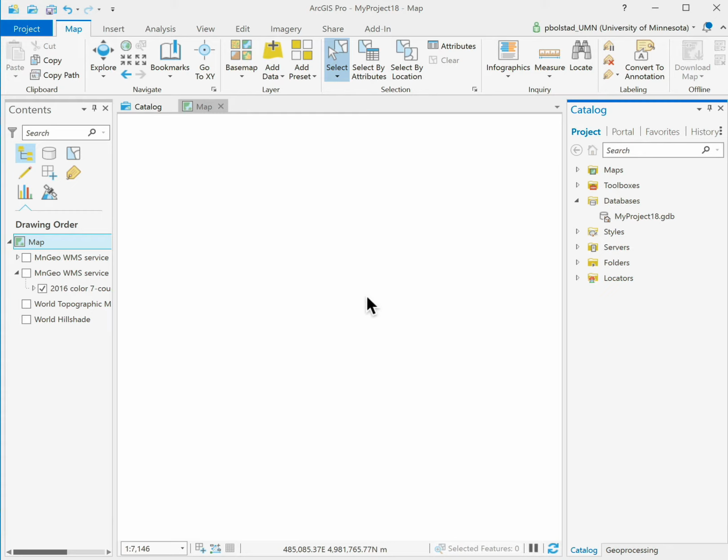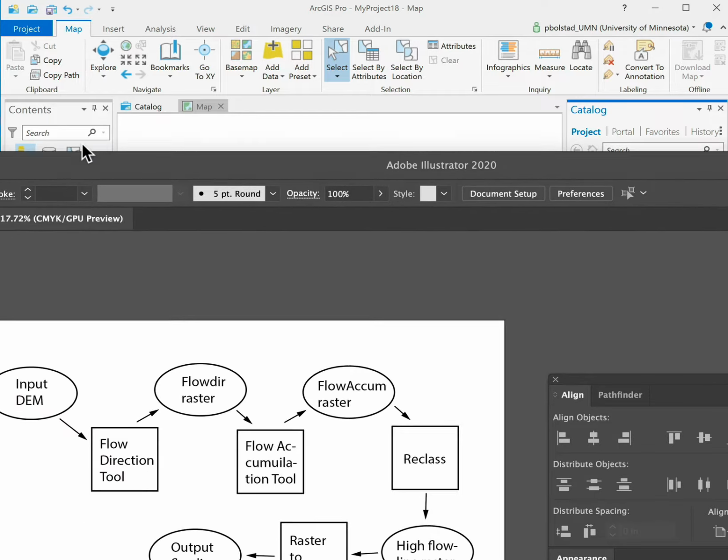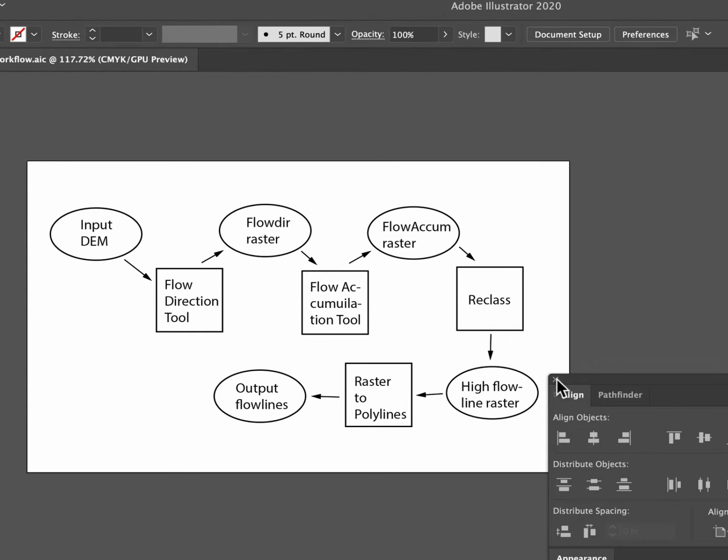This is a quick introduction to Model Builder in ArcGIS Pro, and it's a way to establish and record workflows that are complicated and you want to follow through once, or more importantly, that you may want to repeat several times, even if they're not so complicated. Now, we're going to be doing a flowchart here first, and this is the